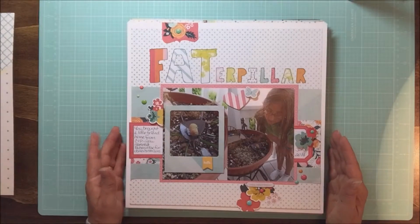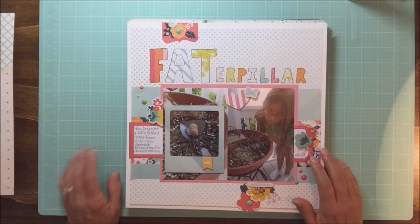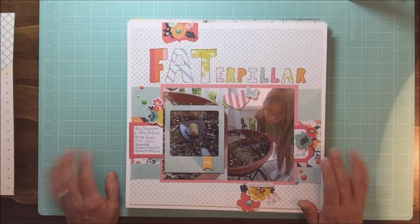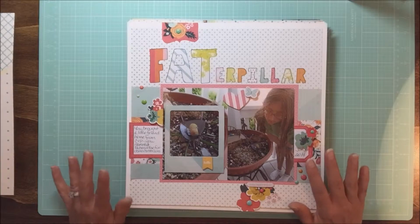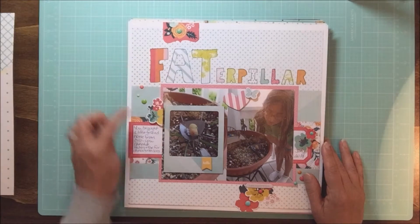Next up, this font cut file came from Gossamer Blue's Pretty Paper class. I fell in love with the papers and stamps from that class, so the papers and things came from Hip Kit, but I loved this font, and I thought it was perfect for